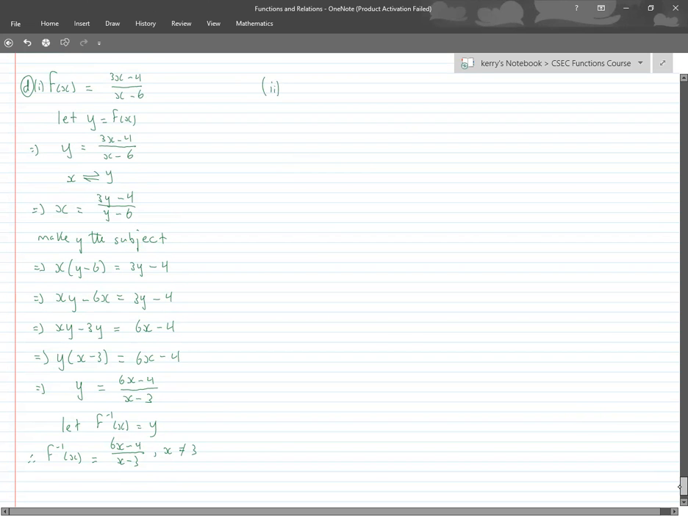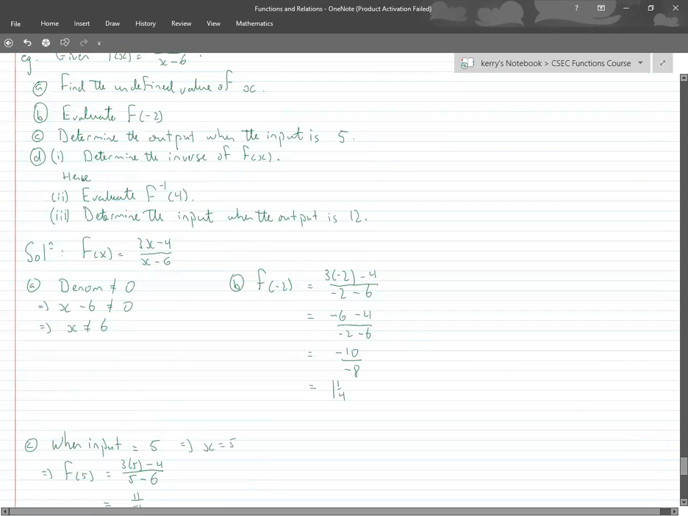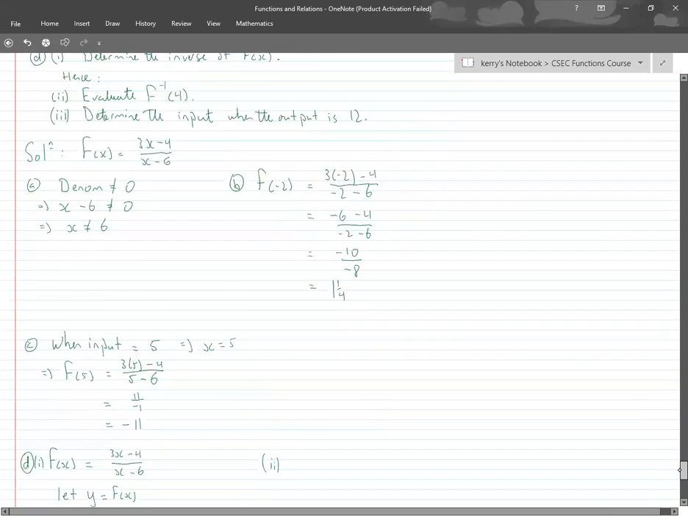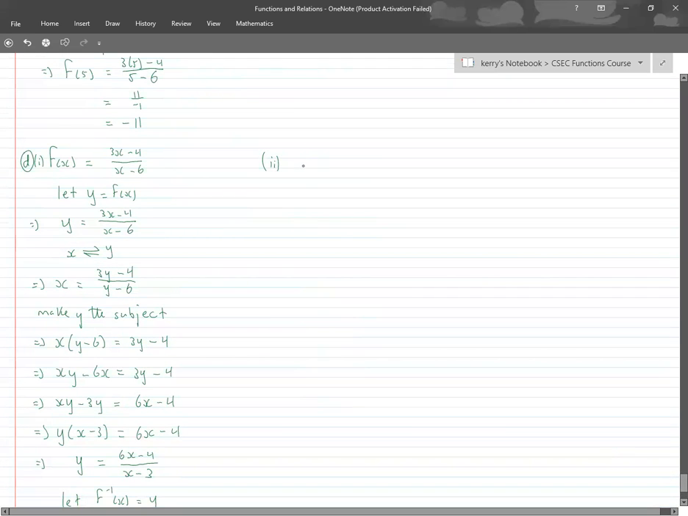Now something about part 2. They said the word hence. Once you see the word hence in subjects like maths and physics, and any subject actually, to be honest with you, it means you have to use what you got above in order to get this here, because there may be other ways, but they want us to use that. So they ask us to evaluate f inverse of 4. So hence,